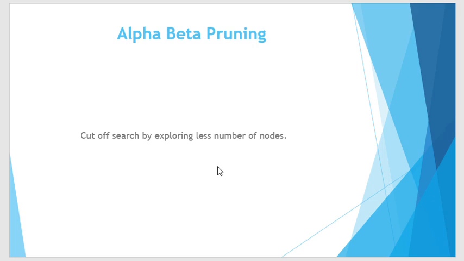In this video, we are going to discuss alpha beta pruning. So we start from the first point: we also call alpha beta pruning method an advanced version of the minimax algorithm. I mean to say that the time complexity and performance of the minimax algorithm, we calculate it in b to the power